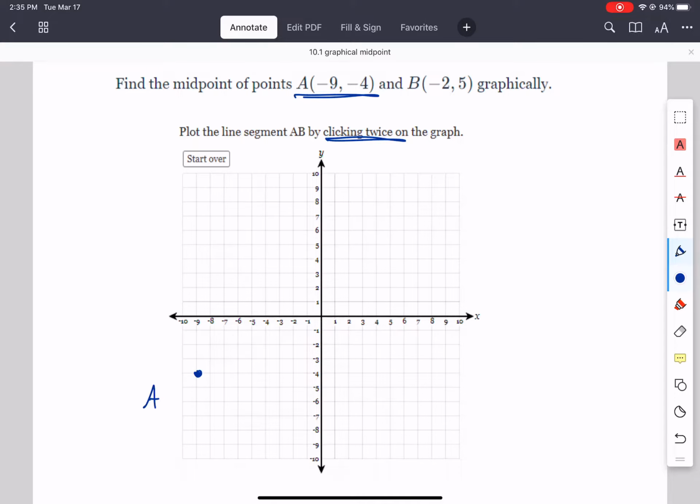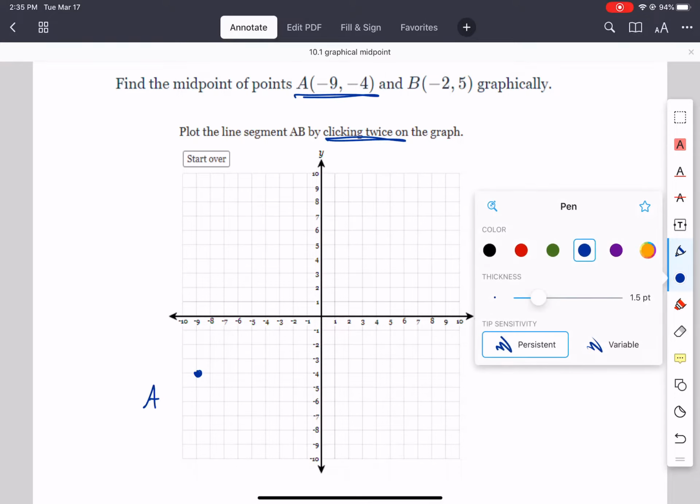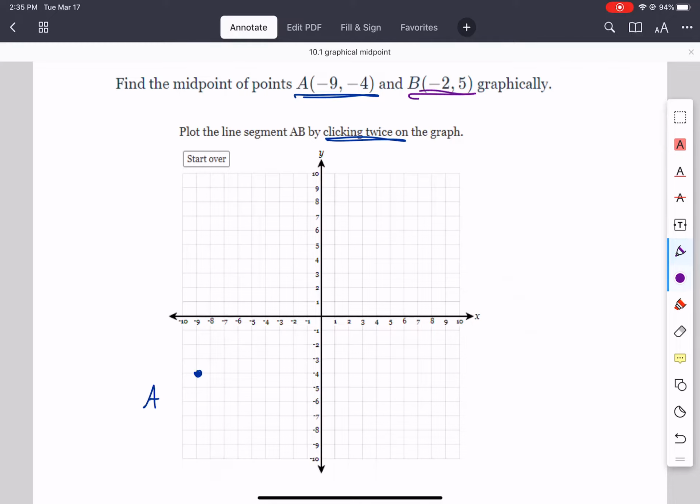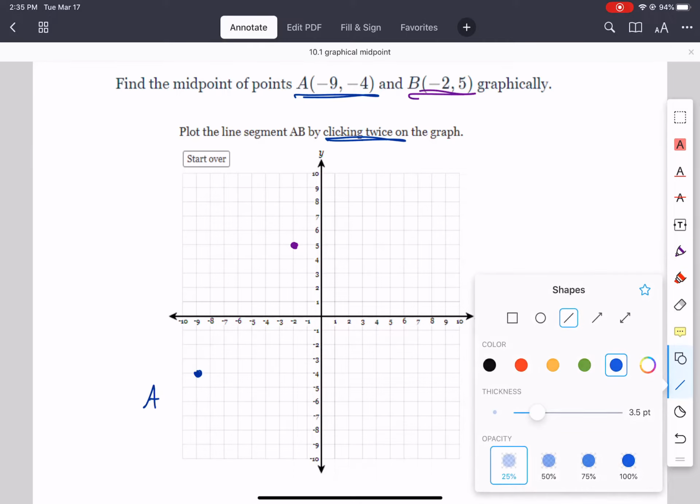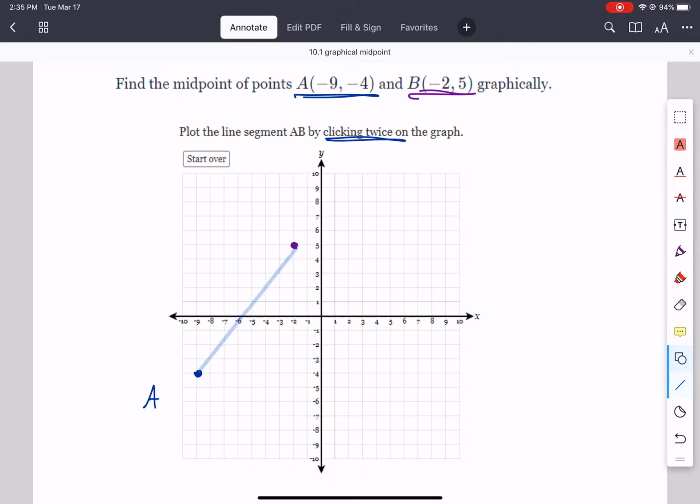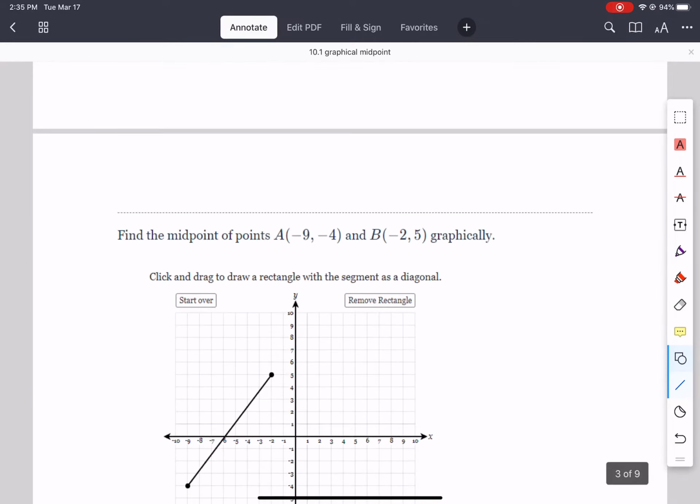So you click on A, then you click on B, which is also x is negative, but y is positive now. And then that is going to create your line. Right, so that's the segment. Once you've done that,